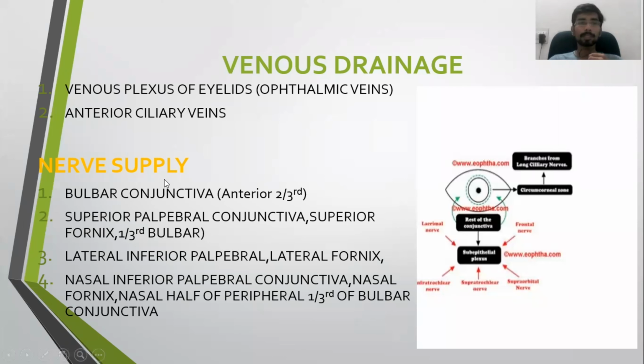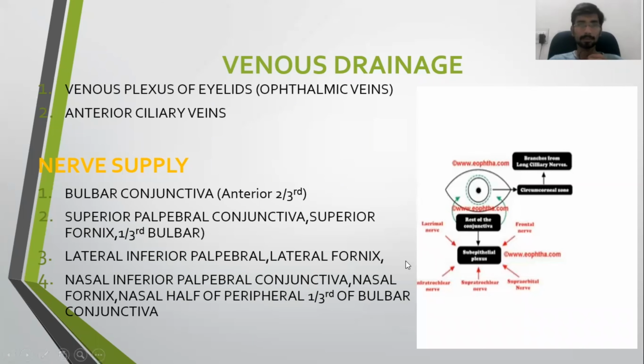And nerve supply of the bulbar conjunctiva anterior to the third is from branches of long ciliary nerves. For the rest of the conjunctiva, subepithelial plexuses formed by lacrimal, frontal, supraorbital, infratrochlear and supratrochlear nerves will supply